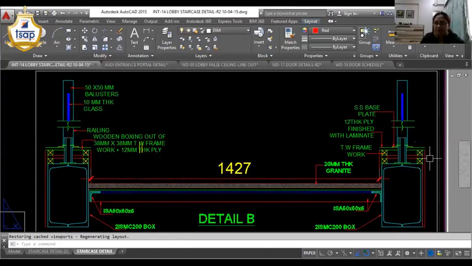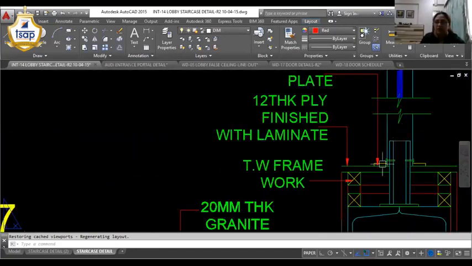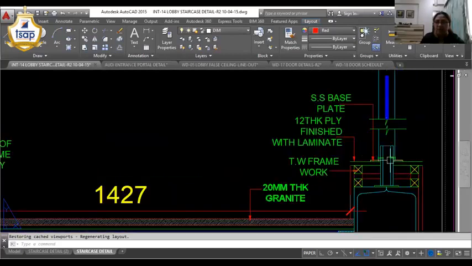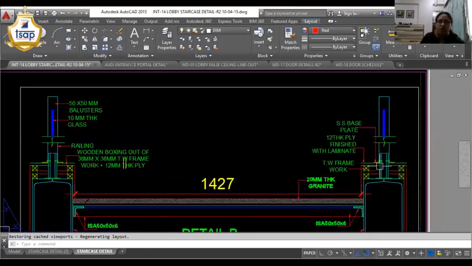We cladded it with 12 mm thickness of plywood with a wooden framework inside. Then there was an MS box section which was welded to the existing MS box section, and the stainless steel baluster which comes above that is screwed to the MS baluster like this, and then the SS cover plate is shown here.